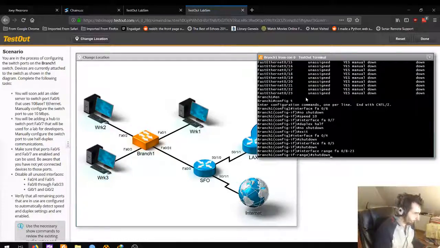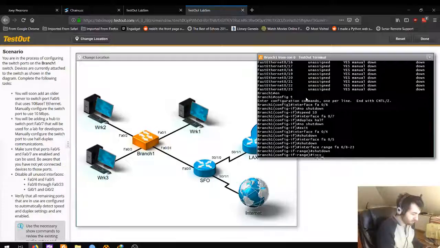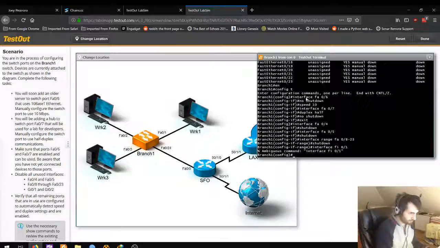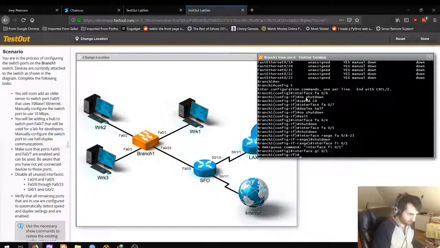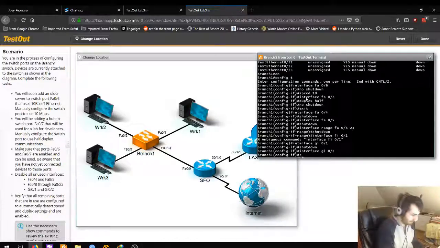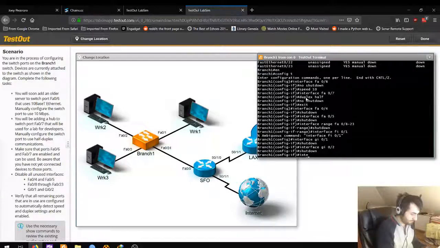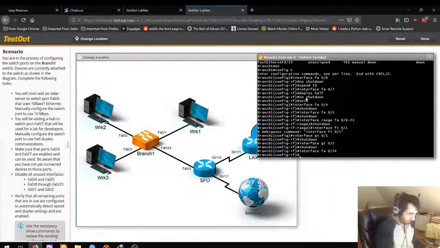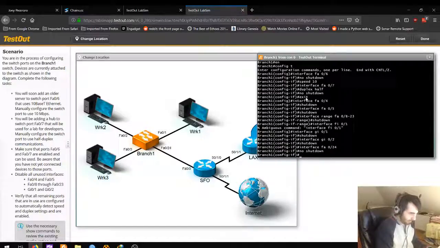Shut down. Interface GI. Oops, GI, not FA. Shut down. Interface FA. No shutdown. And